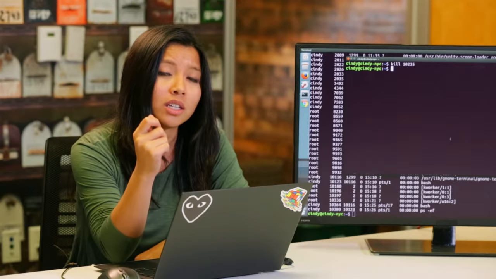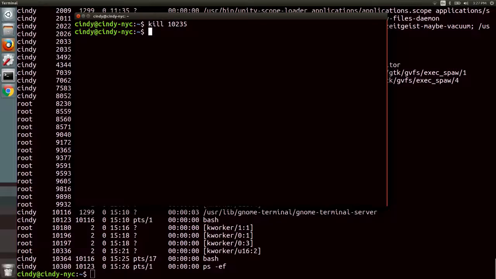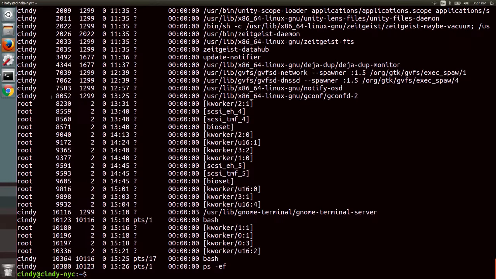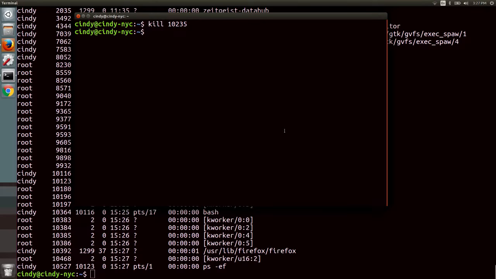To send a sigkill signal, you can add a flag to the kill command, -kill for sigkill. So let's open up Firefox one more time. So kill -kill 10392.